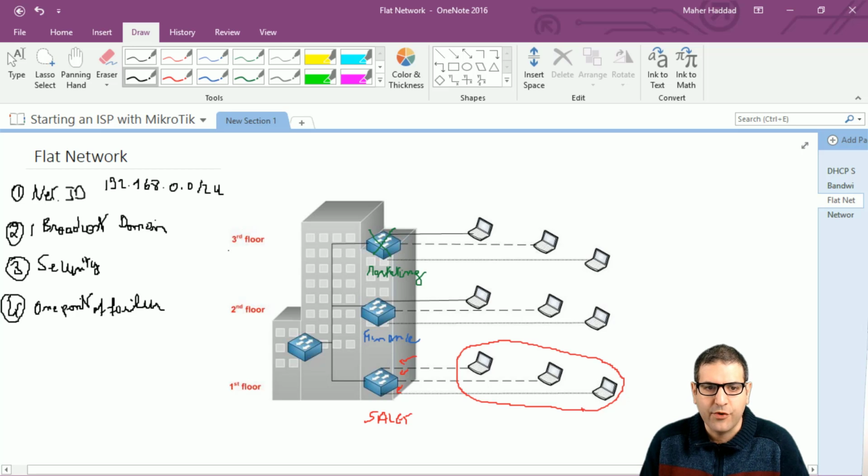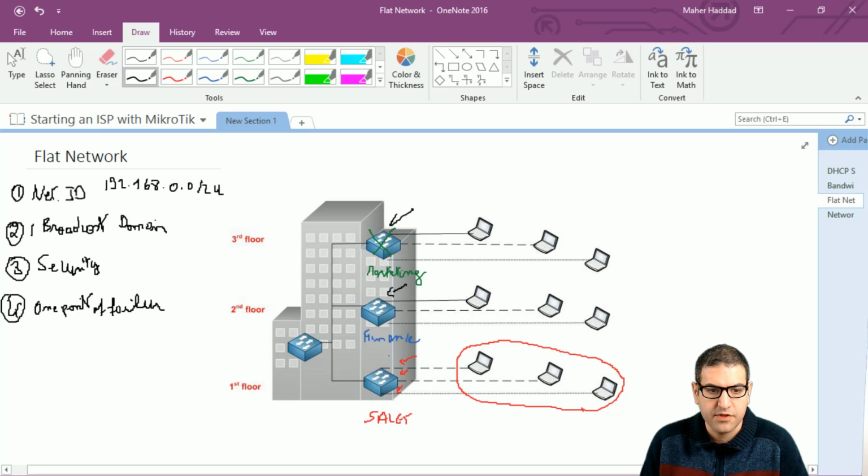We can also add one more point. For example, say that the switch of the marketing is working and the network is working, but we need to add one more employee working for marketing. Then this switch doesn't have any ports left to connect that user to the switch. If only the third floor is marketing and we don't have any switch available with a port to connect to,